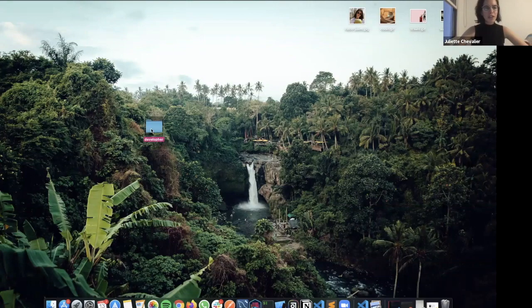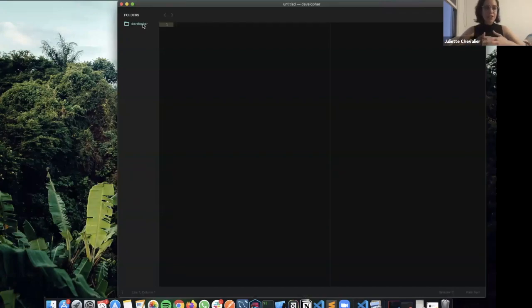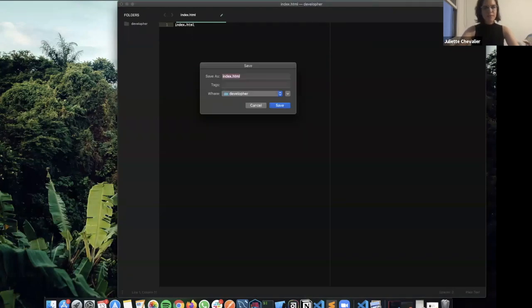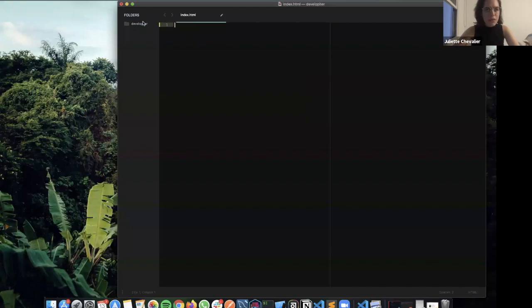So a good way to start is to just grab your folder and move it into your Sublime text editor. Now, once I have it here, let me just make this small. Once we have it here, then I can already start playing with it. And like I said, the first thing that we need is an entry point, which will be our HTML site. So I can just say new file, type index.html, hit command save, and store it in there. Awesome. That should already be stored. What's happening? Oh, yeah, here it is.